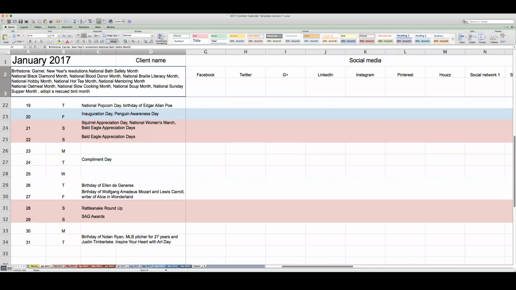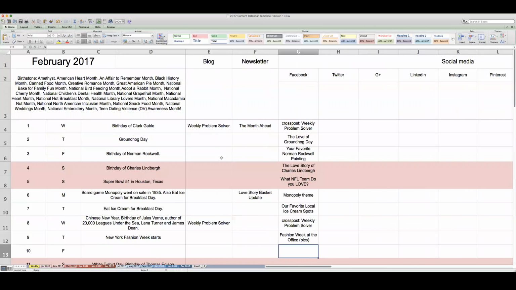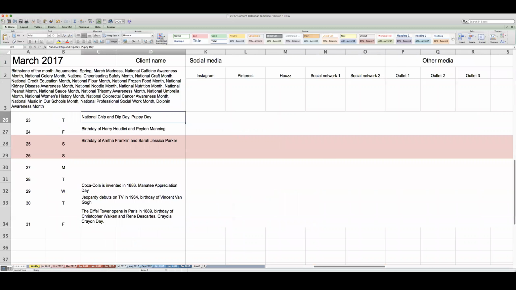Then remember, 2 months at a time, January, February, what are you going to put in here? What's your favorite stuff? So Facebook. When we were working on this, we typed it in, and we're going to cross-post. We're going to be a problem solver. You're going to do your favorite painting, Groundhog Day. There's lots of things that you can do to write in. So the best types of blogs, for those of you that remember, is the weekly problem solver, because blogs should be solving the problems of your customers. And we're going to spend a lot of time on that. In every single training week, we're going to be talking about those questions on here. So go through, take a look,